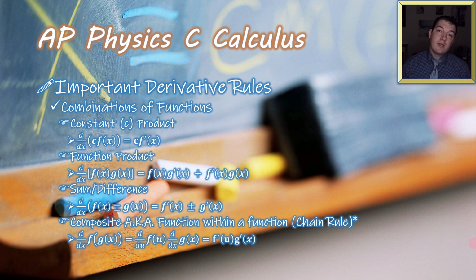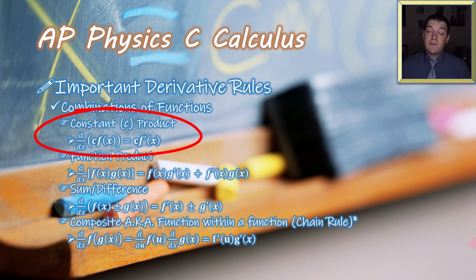Finally, we're going to look at some of the rules that come into play when we have multiple things going on. In the first instance, we're going to look at multiplying a function by a constant. So either we're multiplying the function itself by a constant, or we might see a constant that we can factor out of the function. In either of those cases, we can apply the constant product rule, which is that the constant times that function is equal to that same constant times the derivative of that function,